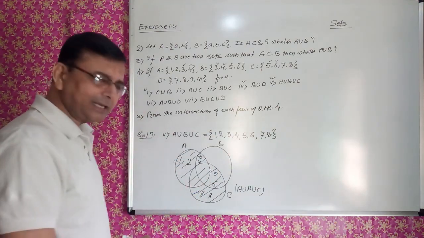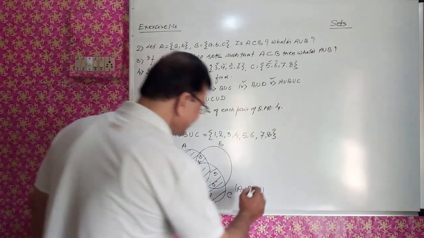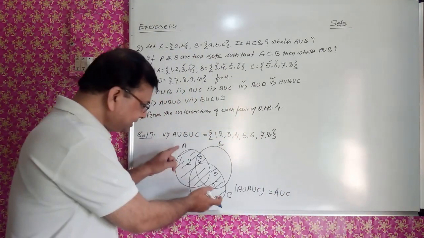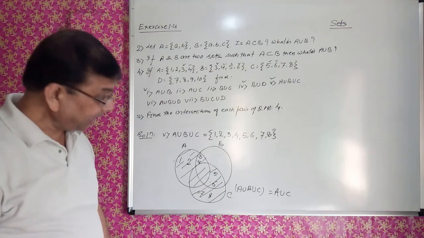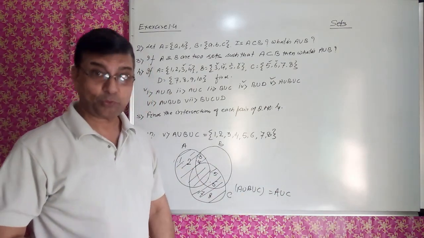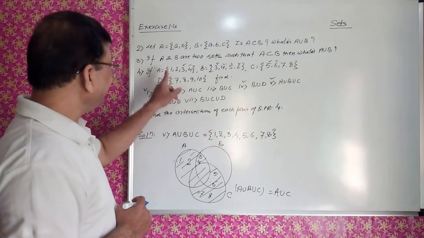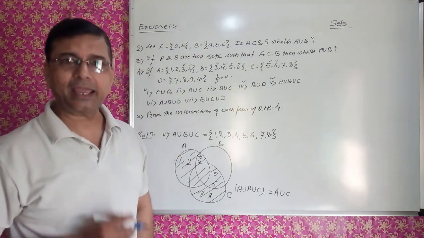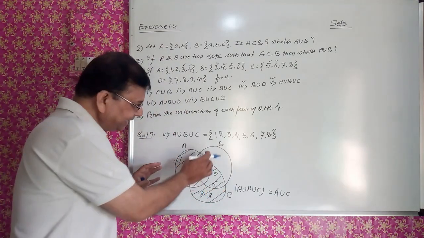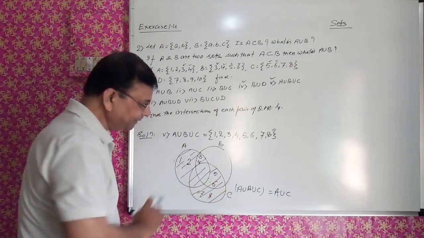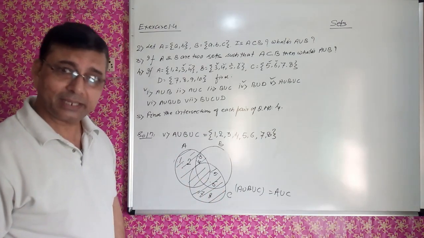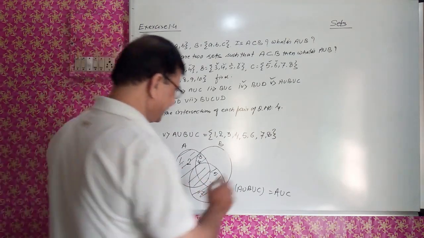अब फिगर से क्या देख रहे हैं हम, कि ये A यूनियन C आ रहा है. तो क्या A यूनियन B यूनियन C इज इक्वल टू A यूनियन C? तो वेरीफाई कर लेते हैं. अब A यूनियन C क्या है उसको बना लेते हैं. हम तो वेन डायग्राम से देख रहे हैं कि ये पार्ट तो आ ही नहीं रहा है, सिर्फ इतने ही पार्ट यूनियन में आ रहे हैं. इसका मतलब A यूनियन C हो गया. ठीक है.